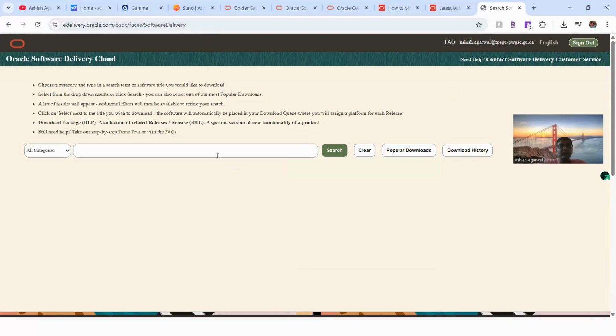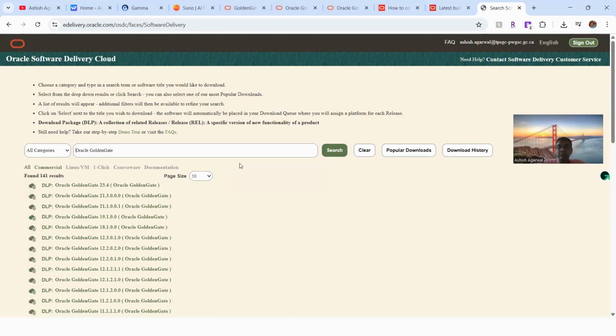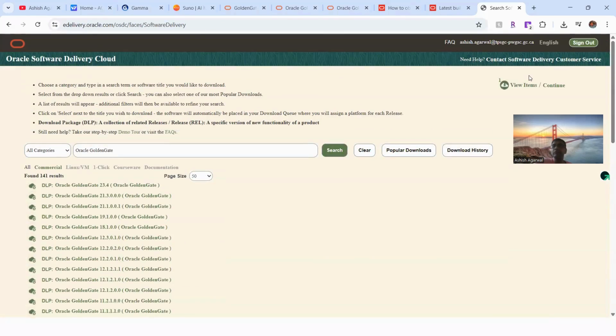Okay. So I'll type here Oracle GoldenGate. So I'm on edelivery.oracle.com, sign in. Here you can find the binaries like 23.4, 21.3, 21.1.0.1. So older version binaries are there. I just want to show you the 21C binary. If you see the 21C binary, I've added it to the cart. And then if you go to the cart, there you can find